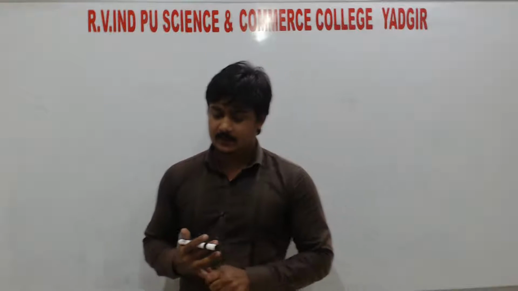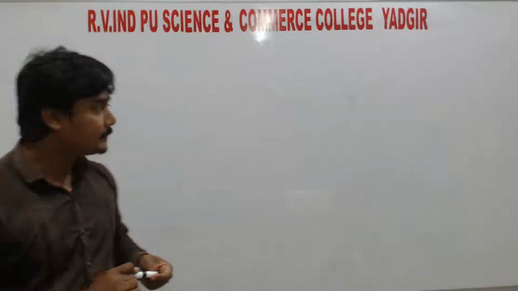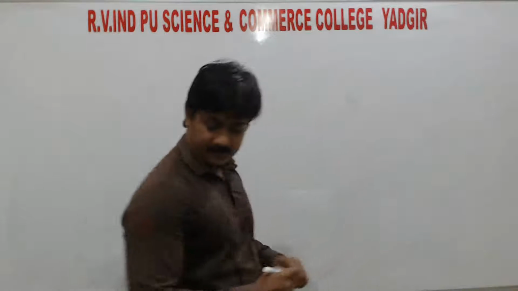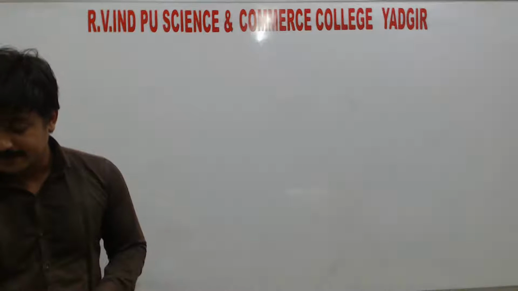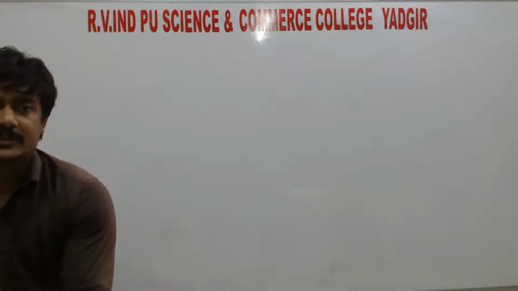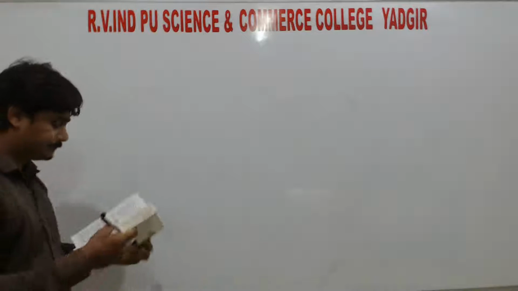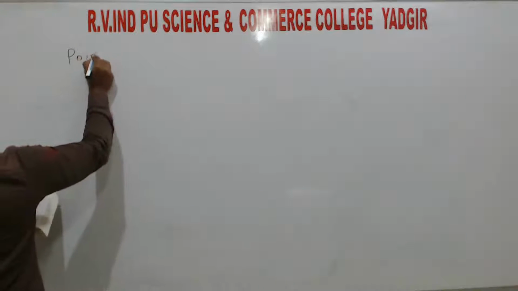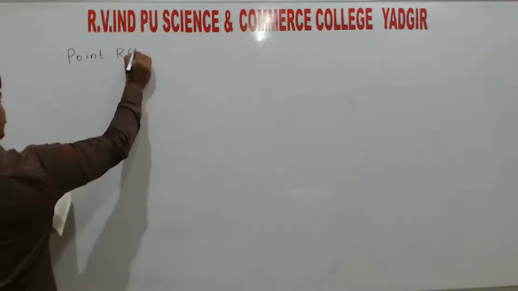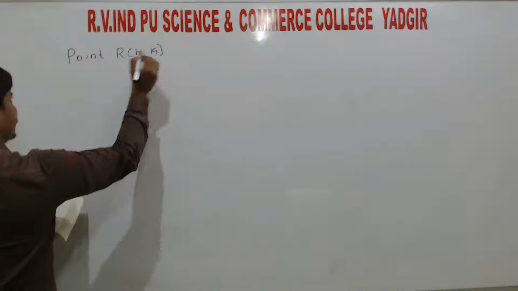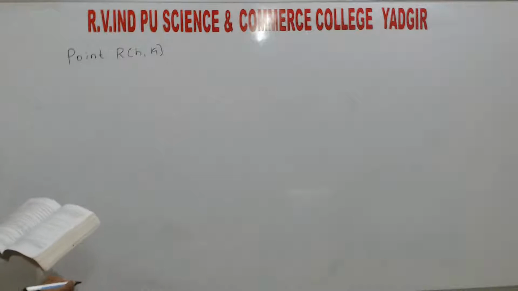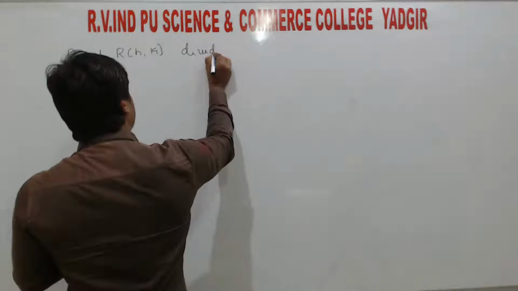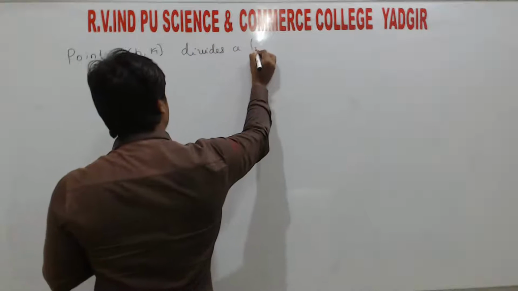Good morning, children. We shall continue our discussion on exercise 10.2 of the chapter Straight Line with question number 19. So, question number 19 is: point R with coordinates (h, k) divides a line segment